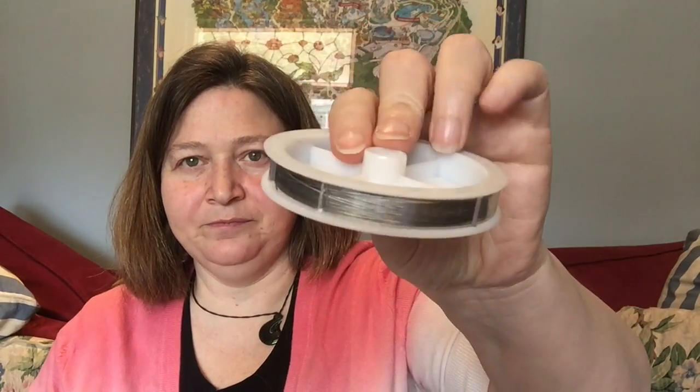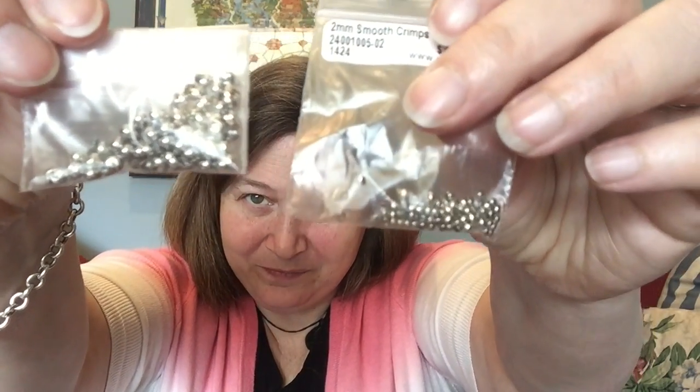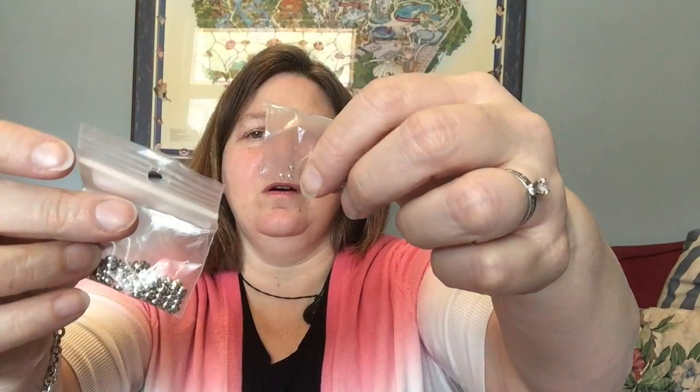I purchased some wire, and I can make my own. Although I do find now I don't tend to use the beading wires as much. They're great for travel, and they're these little things that help secure the beads at the bottom, so you have a stopper at the bottom. So these are 3mm crimp covers and 2mm smooth crimps. I believe you put the smooth crimp on the wire, and then you put the crimp cover over,